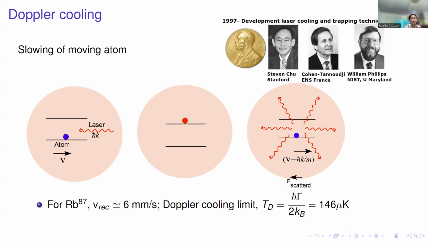So if we wanted to go to Bose-Einstein condensation, this microkelvin should reduce to nanokelvin. There are different processes to do that. This is the starting point of demonstrating Bose-Einstein condensation.